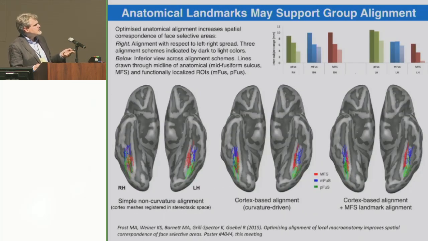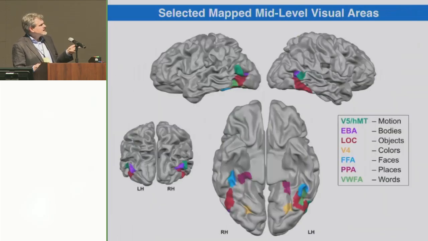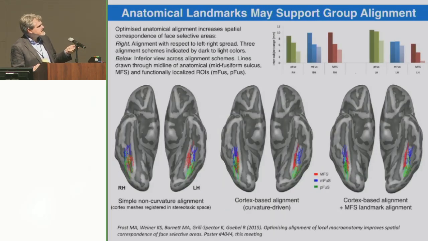And an important point, and I come back to Kevin Weiner's talk: we can do this, as Kevin also showed, in post-mortem brains and in vivo brains, using these ventral visual areas and the medial fusiform sulcus to see how they are localized in individual brains. But this does not help us much in how to bring this together in an atlas, where we want to have a global, common representation of the relationship between these areas. And we found, by collaborating with Kevin Weiner and others, and Kal Spector and others, that